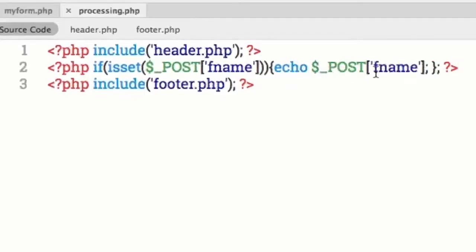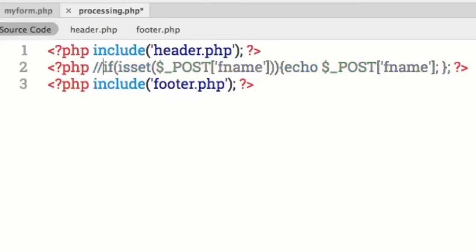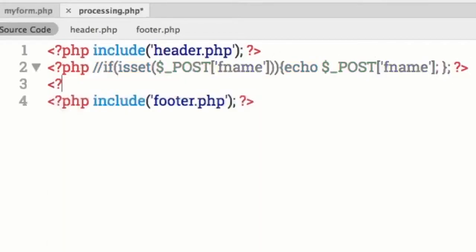Okay, now the other thing that we can do is when we echo the first name, we could put it in p tags, but since I'm going to show you the new way to do it in PHP, I'm just going to comment this out, and in the new way we'll put the paragraph tags in. So let's go ahead and put PHP again, put a closing PHP tag, and go in here and type in echo